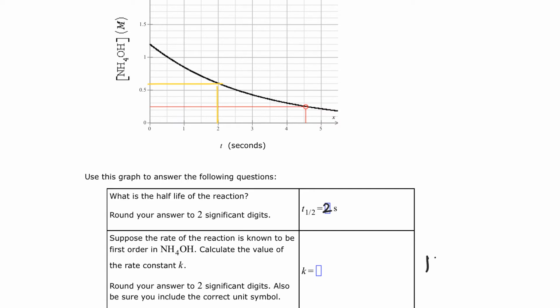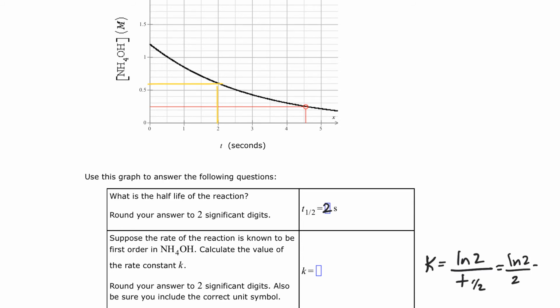So it's going to be K is the natural log of 2 over time to the 1/2. Okay, so time to the 1/2 is your half-life. We know the half-life is 2 seconds, so this is going to be the natural log of 2 over 2